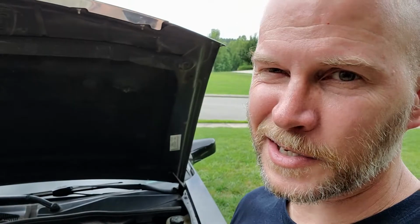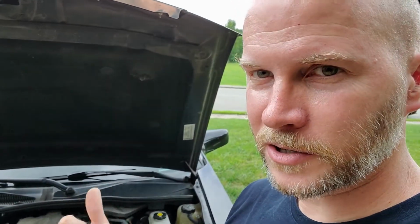Guys, I didn't get a quarter mile down the street when this thing went, hey, dude, I'm too hot. You need to shut me off. So right out of the gate, it's pretty easy to overheat these things if you're not careful. My advice is run them for a while. Run them for at least 10 minutes. Get in the car, elevate the RPMs, get it to pull